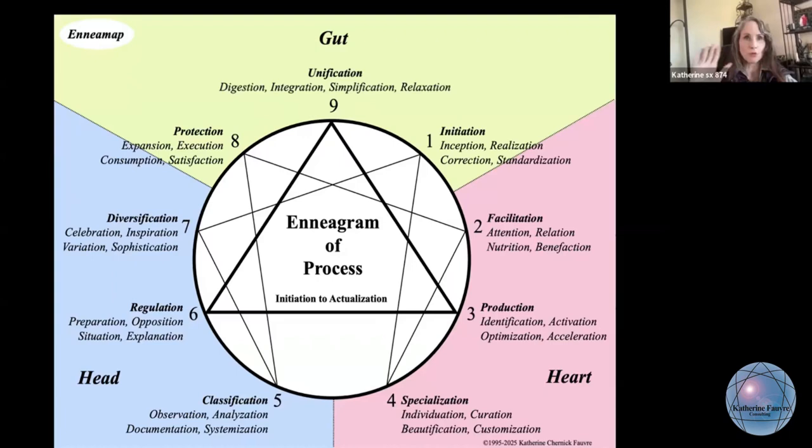And the six is the point of the group, like who belongs to whom, and what is general, what is individualistic, and all the variables. So then type 7 is, as I mentioned, diversification. And then once you have that, then you've got to celebrate what is and the variation. And then that's inspiring.